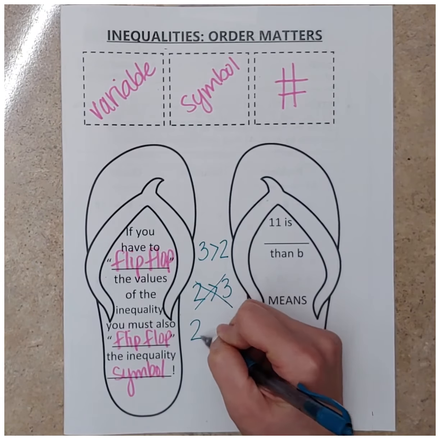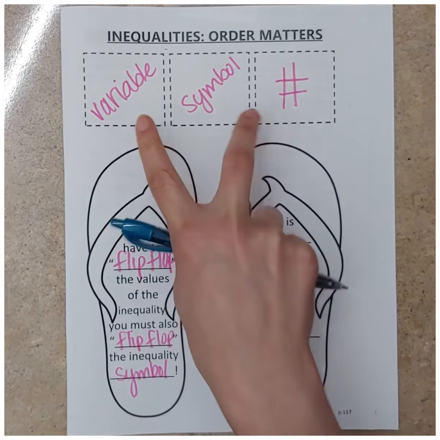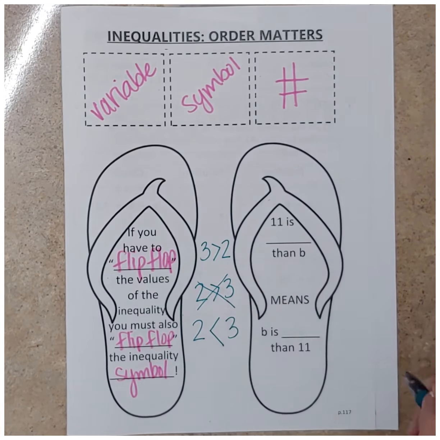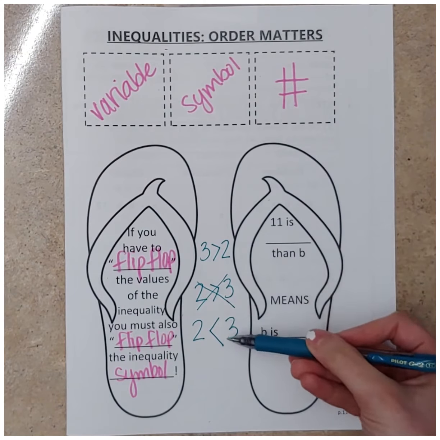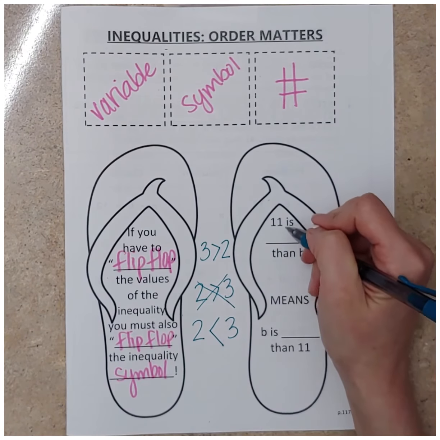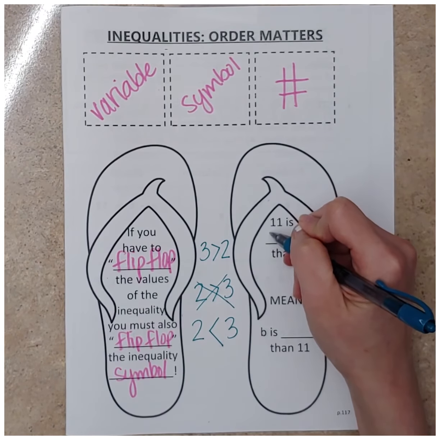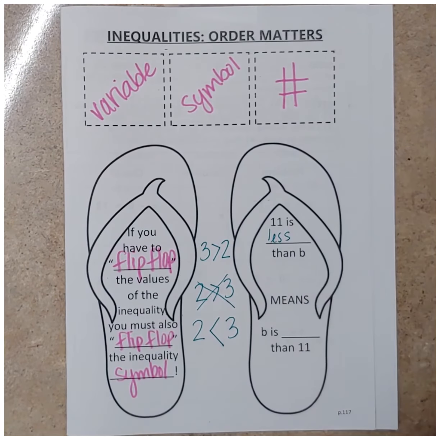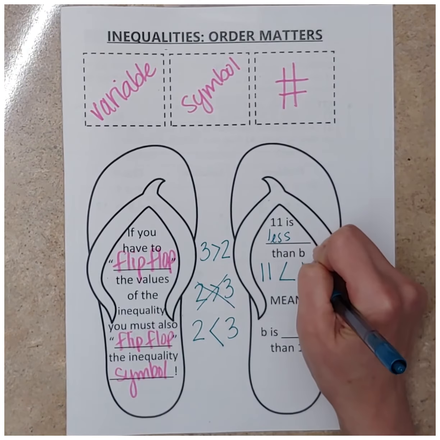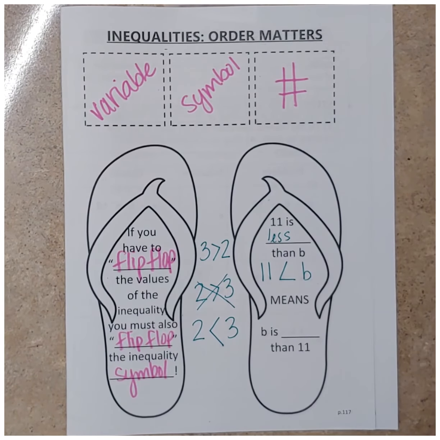If I flip-flop my values, my variable and my number, I'm going to have to also flip-flop my inequality symbol to make sure that they're all still representing the same information. It's a lot easier to see with real numbers than it is with a variable that doesn't have a value, right? So for example, if 11 is less than B,